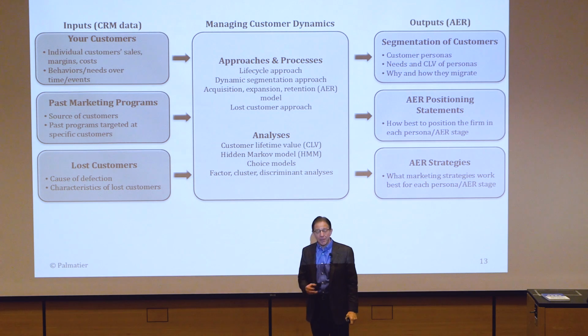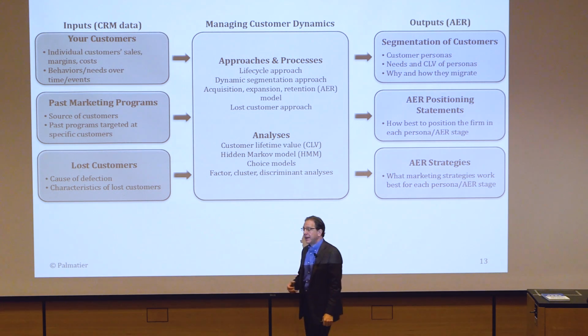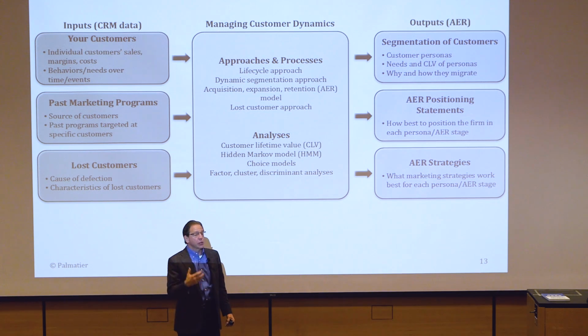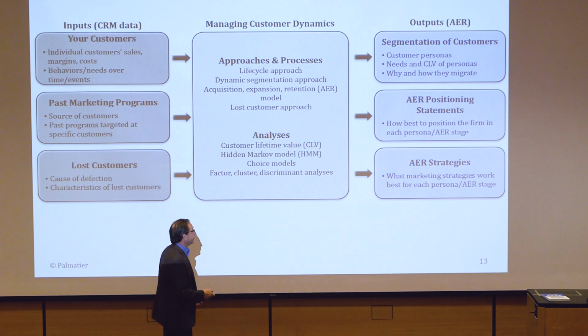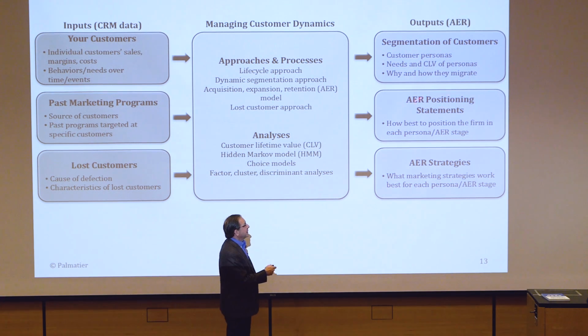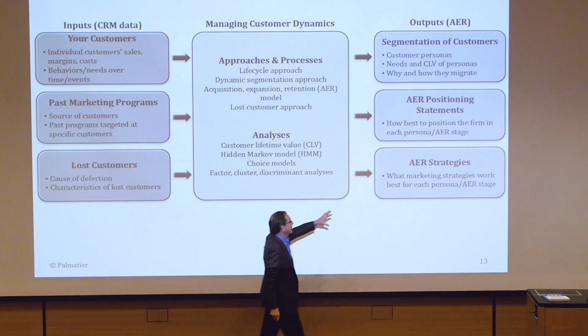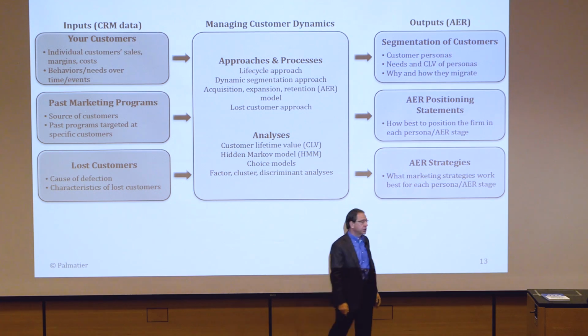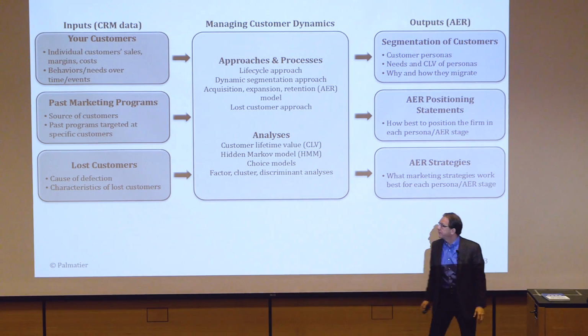That positioning statement might be their acquisition positioning statement. Their expansion might be 4 years later, and what they want you to think about when you're adding more mortgages, when you're trying to expand services. And then for each of these segments within your own customer portfolio, you want to look at the strategies that'll best work for them. So we have AIR positioning: acquisition, expansion, retention positioning. We have AIR strategies: acquisition, expansion, retention strategies. So that ends the second principle.